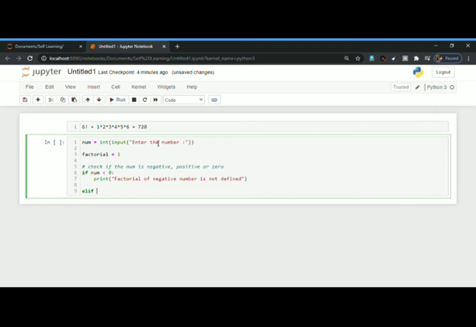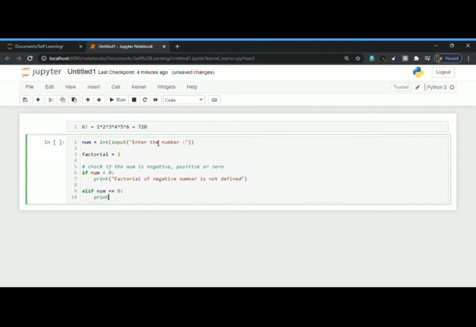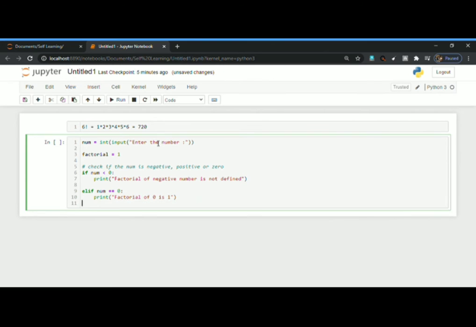So our next condition is if num is equal to 0. If the number is 0, then print factorial of 0 is 1. Else,